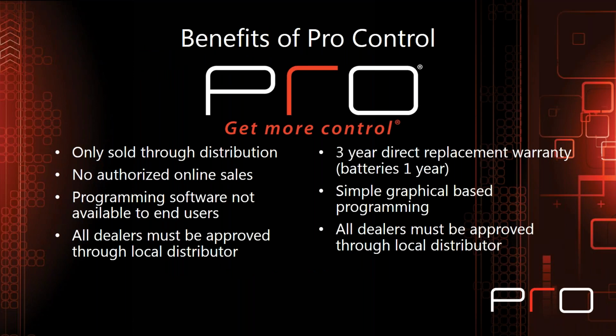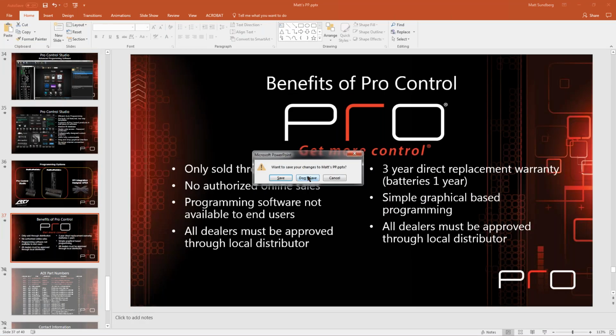Very end here, benefits of Pro Control. 3-year direct replacement warranty. Batteries are 1 year. That's fairly new. Dealers are only through a local distributor. We don't offer any online sales. We don't sell retail. It's only through distribution, and we don't plan on changing that at all. So programming software is not available to end users. Don't give it out. Don't put it on your client's computer, and if you must, please delete it when you're done for the day. All right, let's take a look